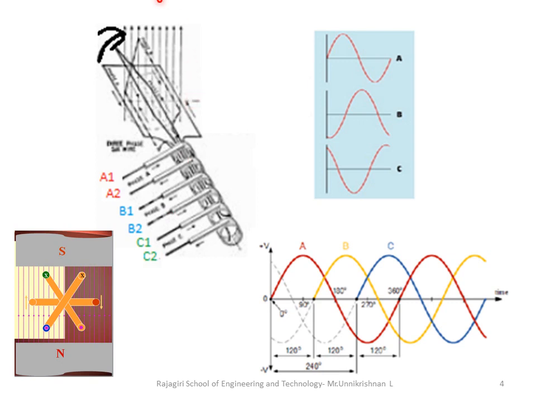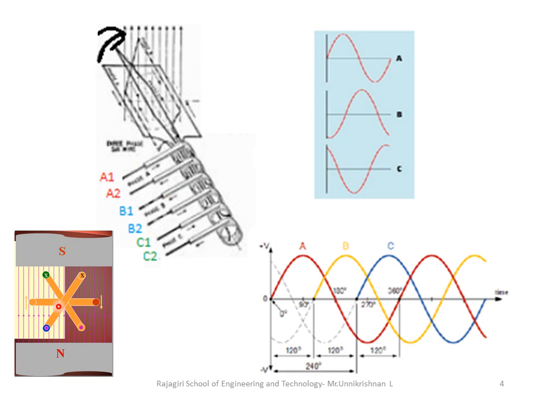So if you look from the end view from this side, then you can see how the coils are placed and at what angle. Actually, between the two coils, you can see it makes an angle of 60 degrees, next 60 degrees, 60 degrees, 60 degrees, 60 degrees, 60 degrees.